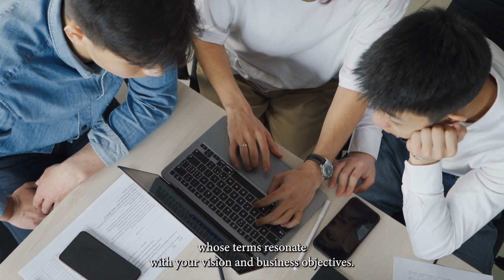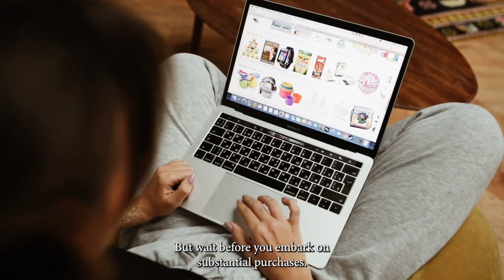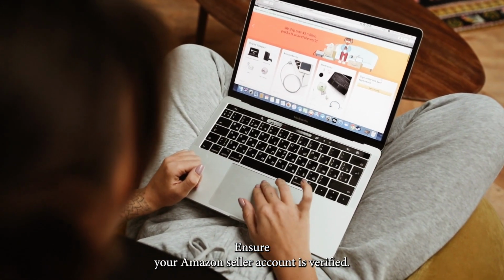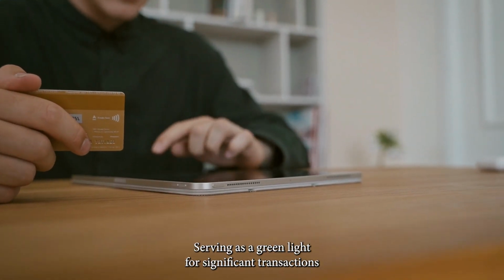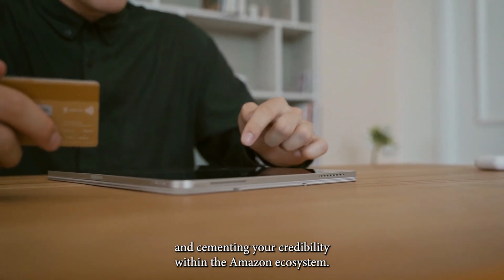Proceed with the supplier whose terms resonate with your vision and business objectives. But wait, before you embark on substantial purchases, ensure your Amazon seller account is verified. Verifying your account is crucial, serving as a green light for significant transactions and cementing your credibility within the Amazon